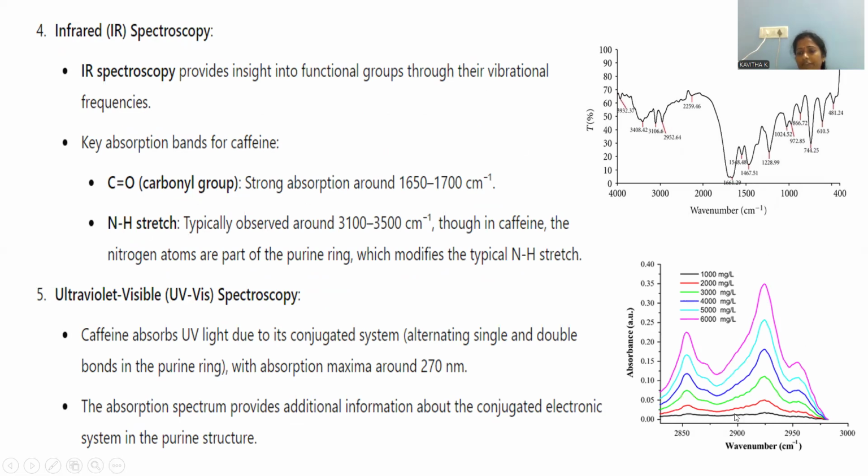The graph for UV visible spectroscopy of caffeine is plotted as wave number in centimeter inverse against absorbance. These values are always taken. UV peaks are indicated as broad peaks, and the distinctive information regarding the conjugation is observed by means of ultraviolet spectroscopy.